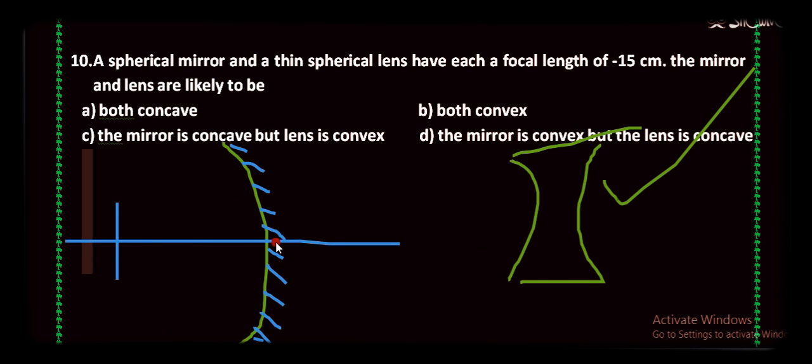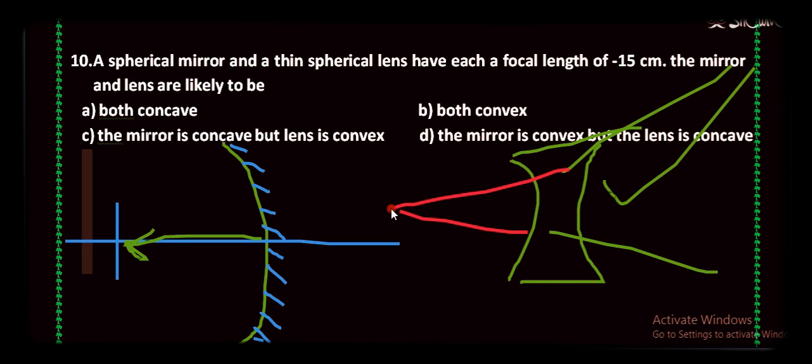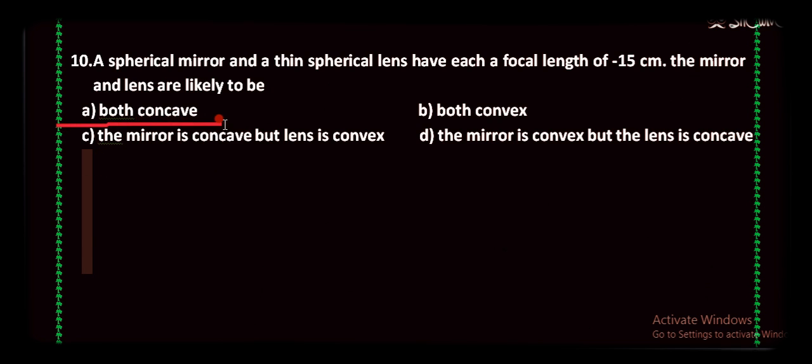This is the focal length, so it is opposite to the incident ray, that means negative, and it is diverging the rays. So rays will be coming, it seems like they will be coming from a point, and that point we will take as focus. In this case also we have to measure the distance in the opposite direction of incident rays. So this is the focus point. That's why concave lens focal length is negative, and in case of concave mirror, focal length is also negative. For the question number 10, the right answer will be both will be concave. Let's see question number 11.